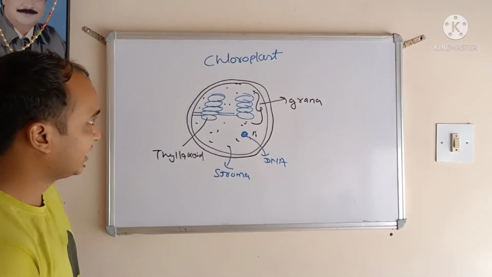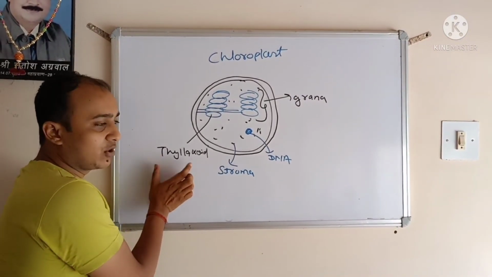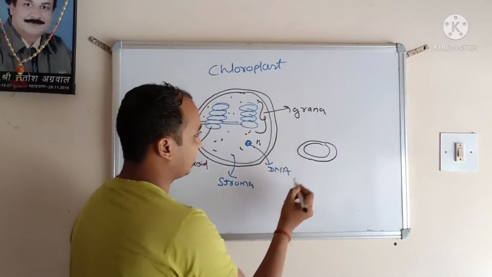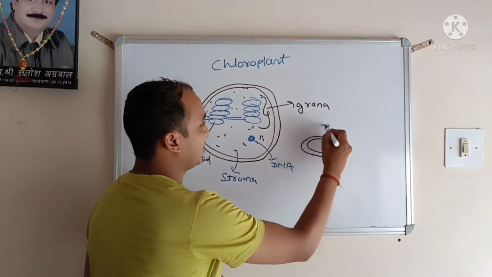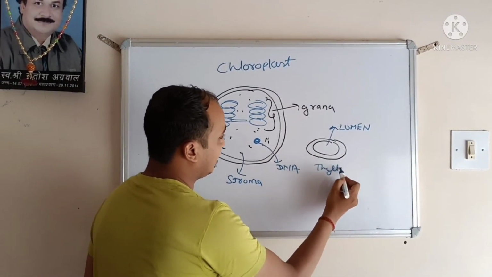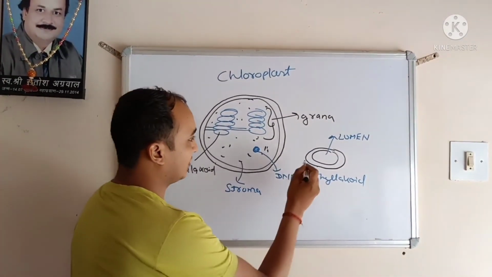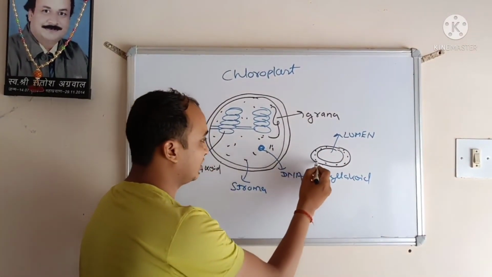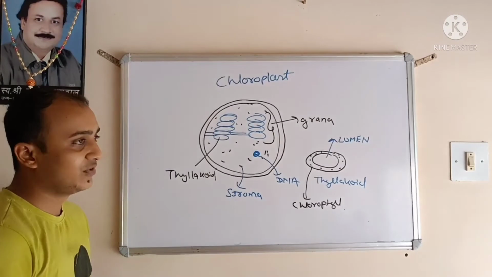But till now I have not drawn chlorophyll. So let us see where the chlorophyll is present. Let us take one thylakoid. A single thylakoid is also a double membrane. In between the thylakoid there is nothing, and that cavity is known as lumen. I am drawing the diagram of thylakoid. So between the membrane are the chlorophyll. These green dots, which you are seeing here in black color, these green dots are only chlorophyll. Now you are clear where the chlorophyll is.